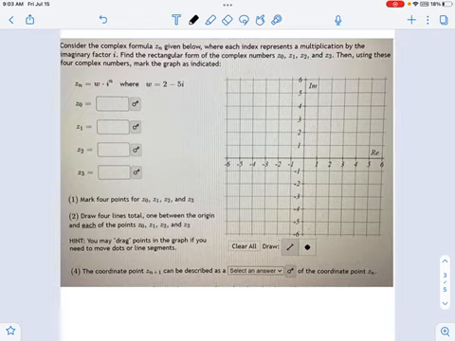Let's start with, what is this thing even? This is a formula. So what I want you to do is plug in w into this formula, and here's w right here. And then multiply it by i to the nth power, where n is whatever this little itty-bitty index is right there. So as an example, for this first one, z0 equals w, which is 2 minus 5i, times i to the 0th power. Now, i to the 0th power is like anything to the 0th power. It's 1. So this just becomes 2 minus 5i.